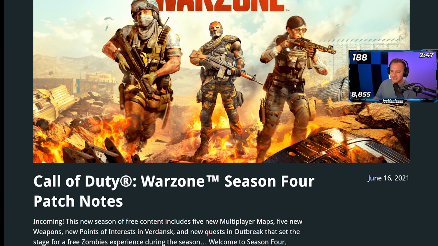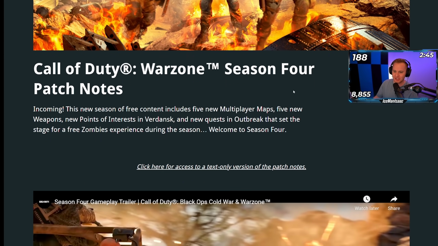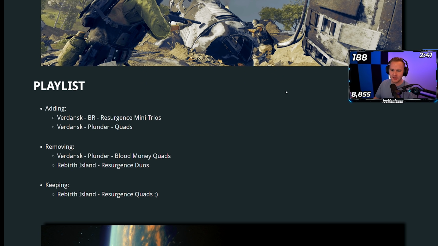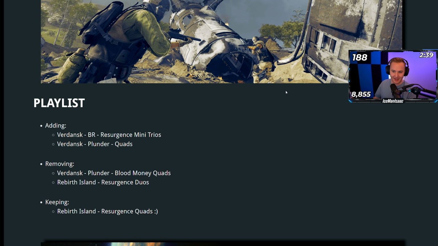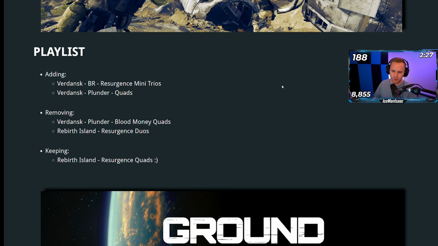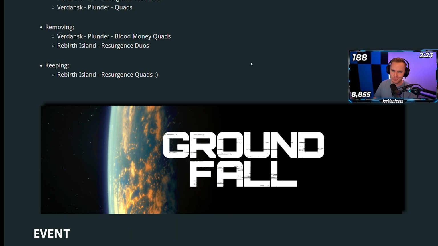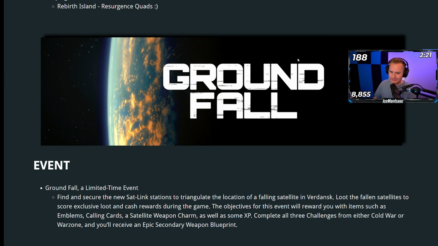Call of Duty Warzone Season 4 patch notes. These were just released minutes ago. June 16th update. So they're adding some new things. Let's see. They are adding Verdansk BR Resurgence mini trios. They talked about that in our previous video. They're taking basically Resurgence from the Rebirth and bringing it over to Verdansk. They're removing all those and they're keeping Rebirth quads. Smiley face, because I know how much you guys like quads. I don't play Resurgence, so...